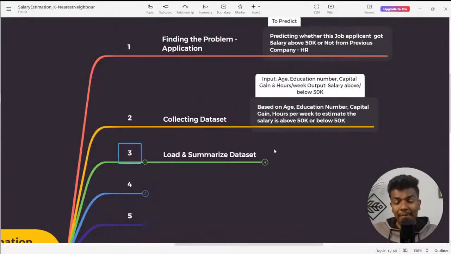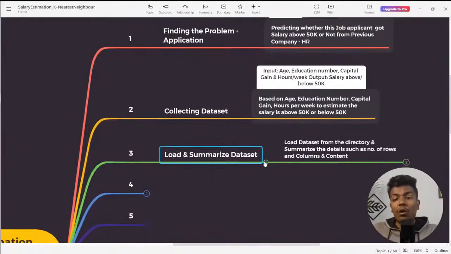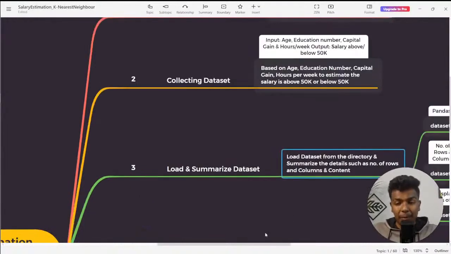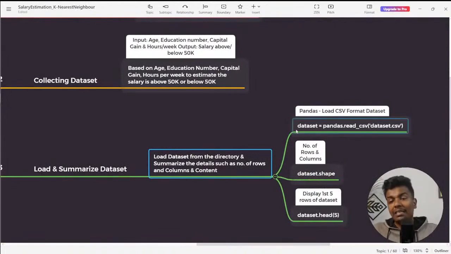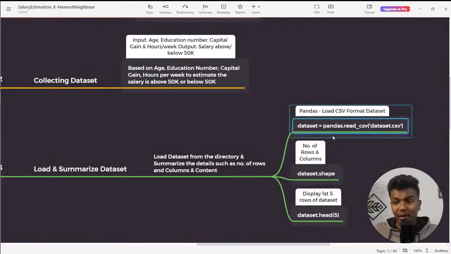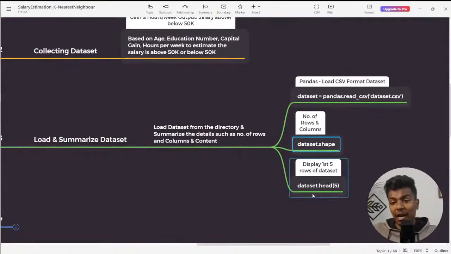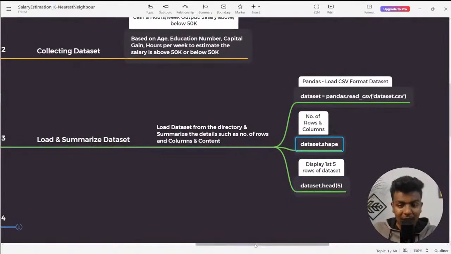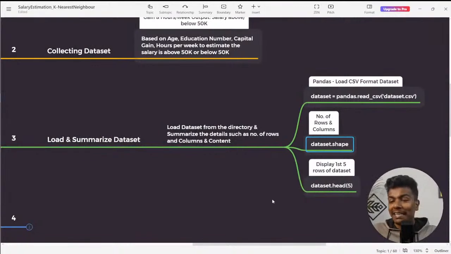Of course, same as yesterday's session, we are going to load the dataset by using the pandas library, into this online notebook. So dataset equals pandas.read_csv of dataset.csv, and dataset.shape, which is going to give you the number of rows and columns present in the data. Dataset.head of 5 is going to give you the top 5 rows of the data. Same as yesterday's session. I hope these all look really simple because we are just carrying out the same steps again and again. If you are feeling it's super simple, you just post super simple, Sanjay, in your live chat.